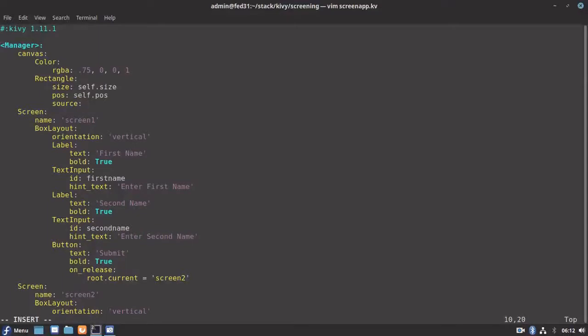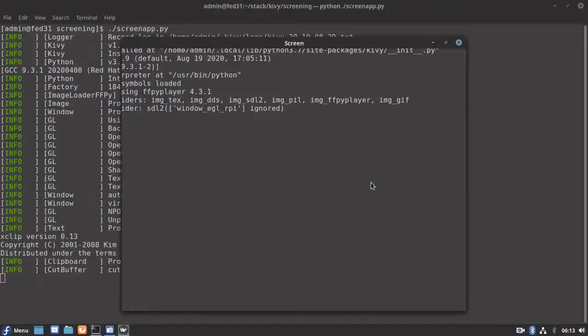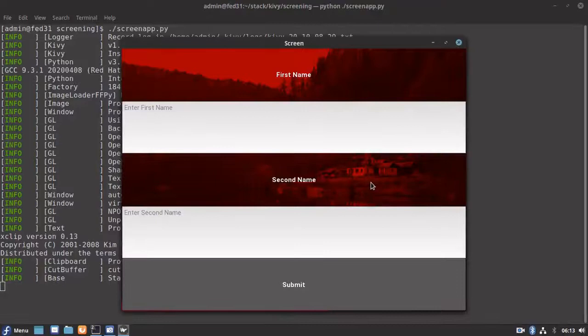Let me set the source to my image file which I have kept already in my current working directory, named serenity.jpg. Let's save it and try to run it. Okay, so we have our background image also now ready.